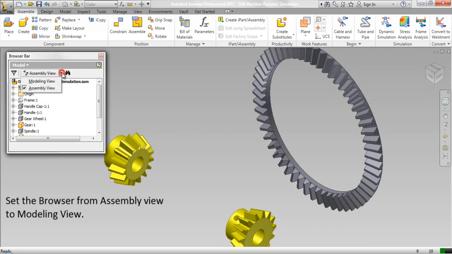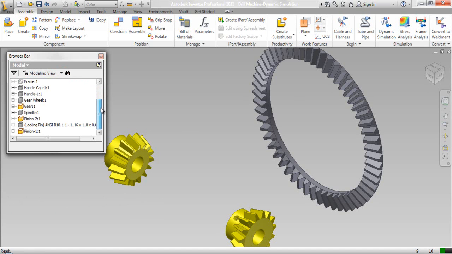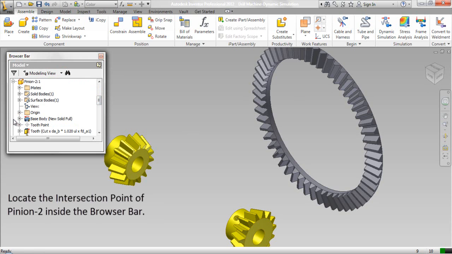Set the browser from assembly view to modeling view. Locate the intersection point of pinion 2 inside the browser bar.